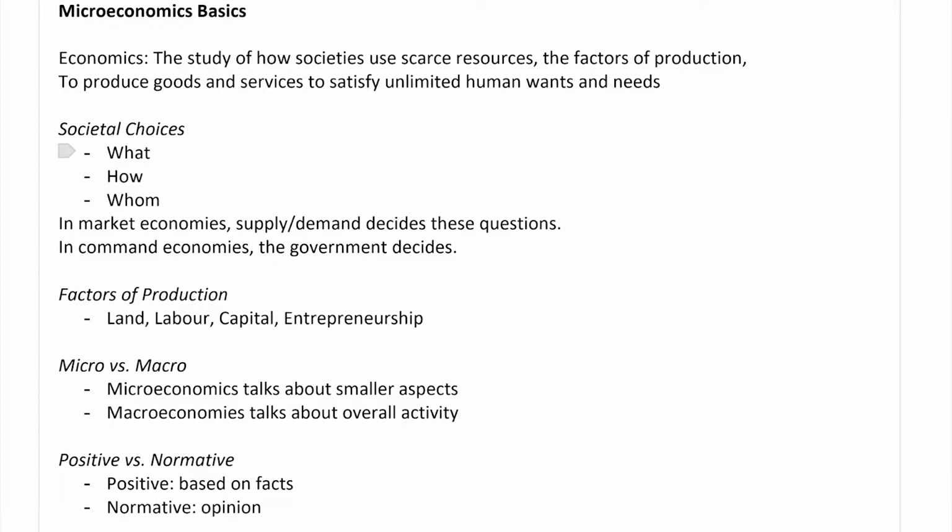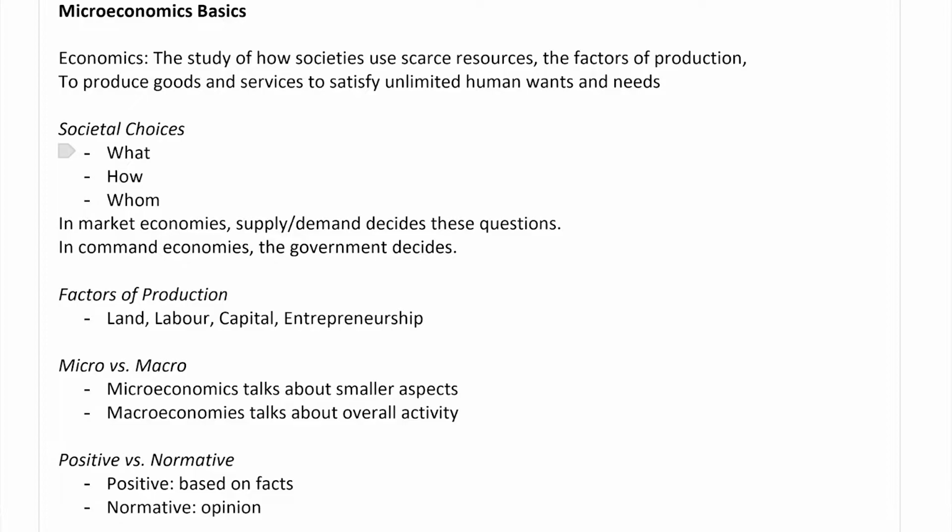The second question is how the service or good will be produced. So what sort of production will be best for them? A big consideration is capital versus labor. Would it be better to have machines produce it or humans? Paper bags are often mass produced, but counseling services and psychology services are usually offered by humans because they're